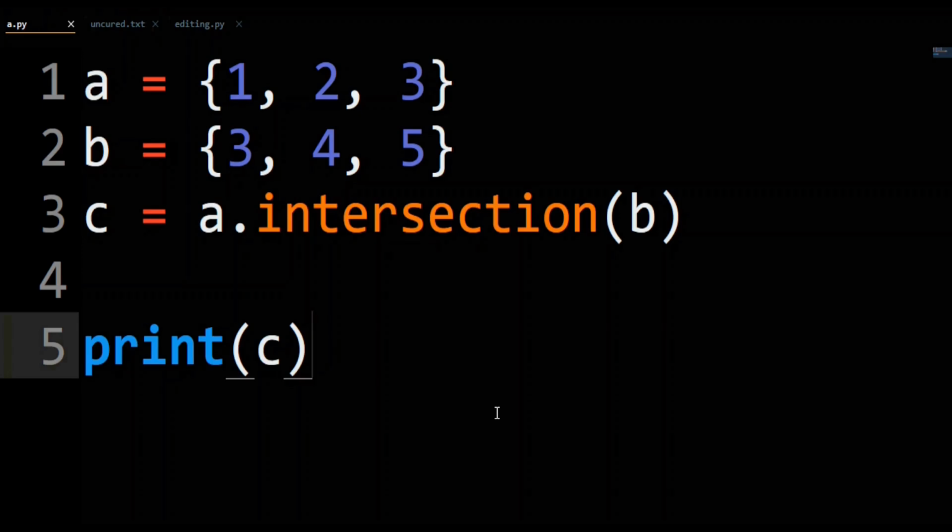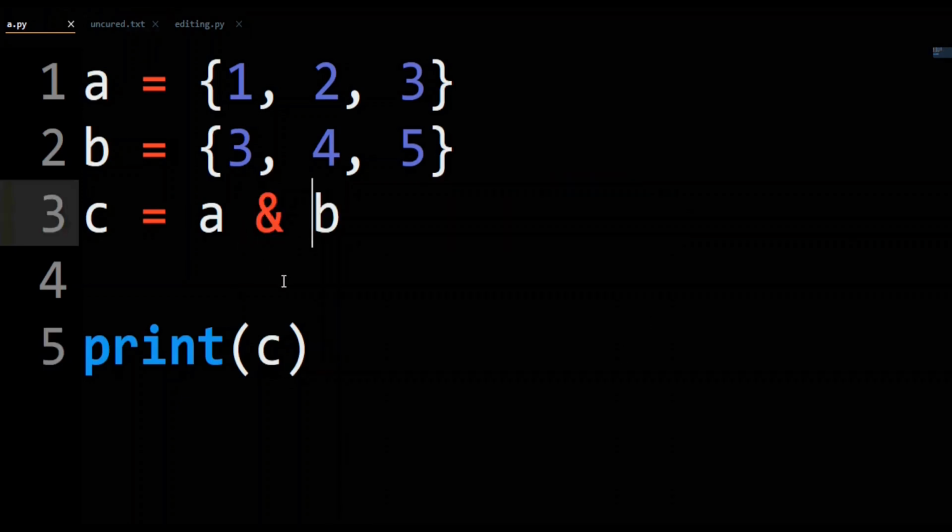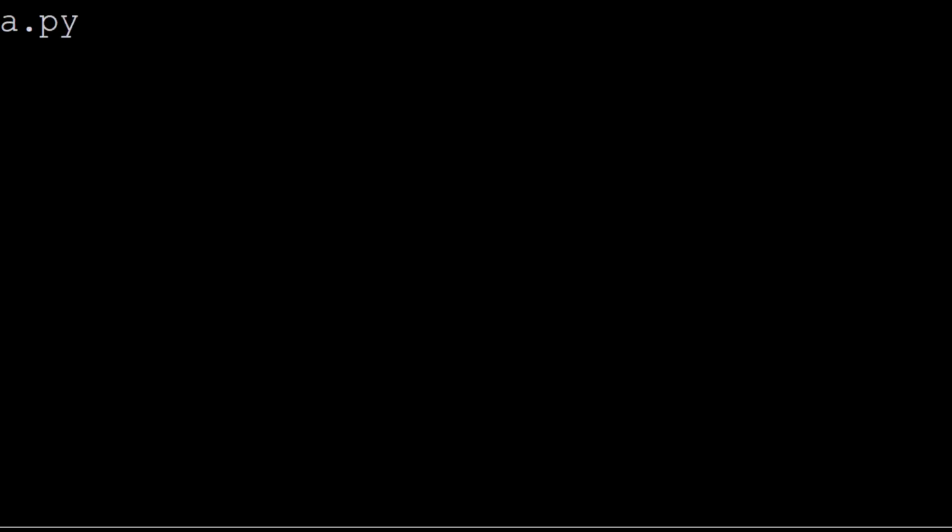There's another way to intersect two sets. There's a difference that we won't get into in this video, but practically speaking, this way functions very similar to the first way. All we have to do is change this code from using the intersection method to put in an ampersand between the two sets. If we go check the output now, we will see we have the same set from the previous run of the code.